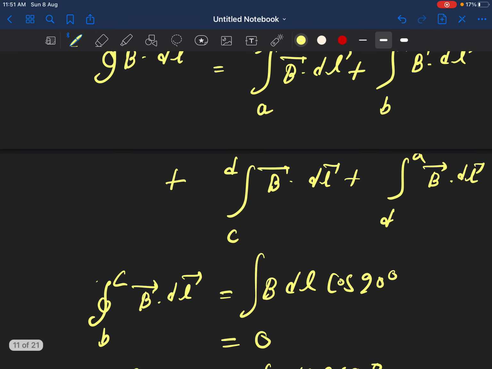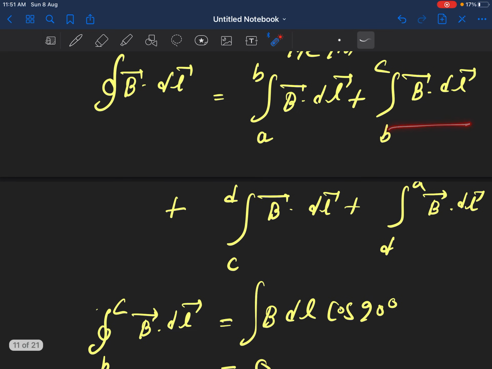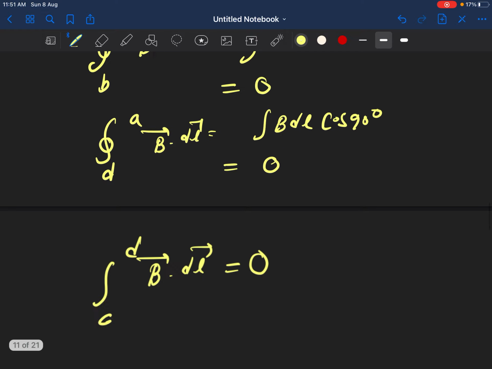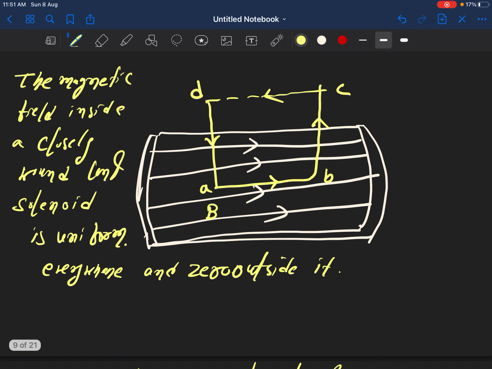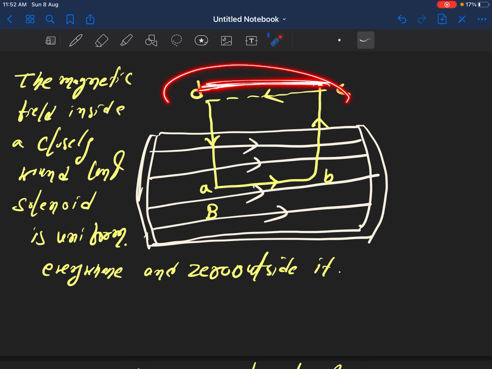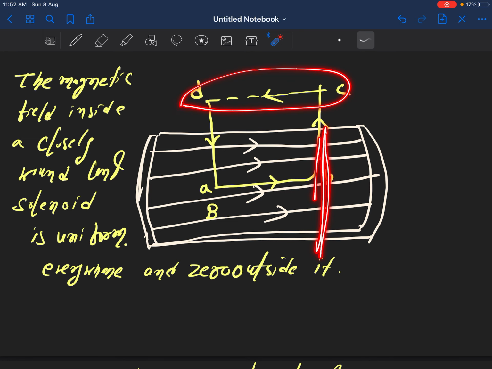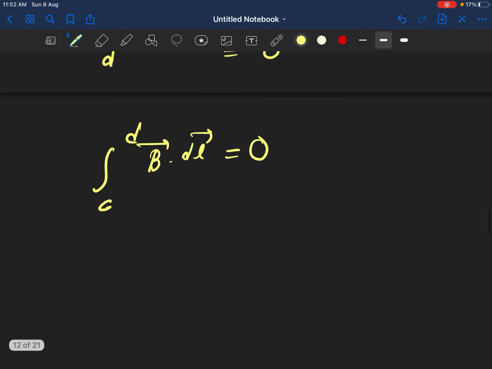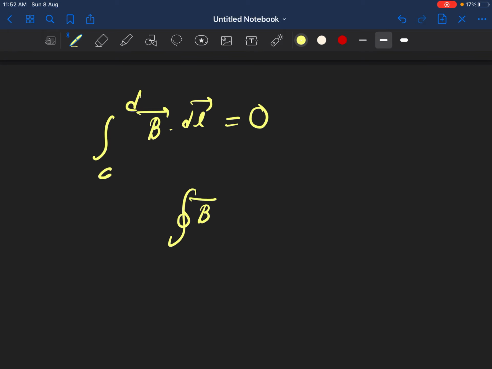So দুটা টাইম 0 হৈ গ'ল। So B to C and D to A, this will be 0 because of their angle, and C to D, B dot DL, that is also 0 because you can see here C to D কোনখিনি আছিল, এইটো C to D। ইয়াত তোমাৰ কেনেকৈ মেগনেটিক ফিল্ড ক্যালকুলেট কৰিবা, because the magnetic field is not here outside, এই পইণ্টত তোমাৰ মেগনেটিক ফিল্ডে নাই, মেগনেটিক ফিল্ড কোনখিনি আছে, এইখিনিতে আছে, তো ইয়াত মেগনেটিক ফিল্ডে নাই, so obviously this will be 0, so this again 0। So থাকিলে কি আমাৰ finally B dot DL যে আমি ওলাইছিলোঁ,